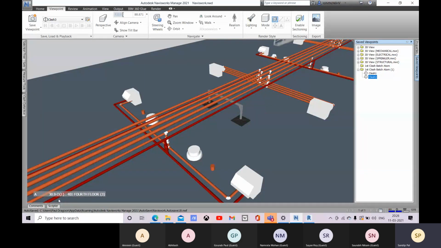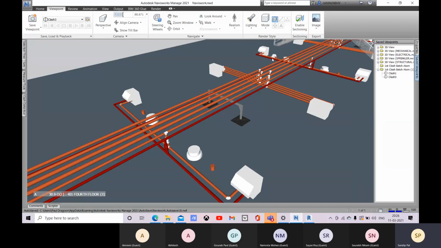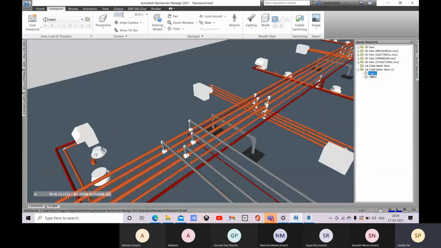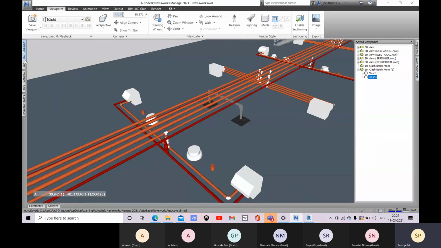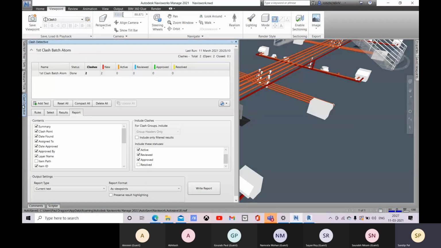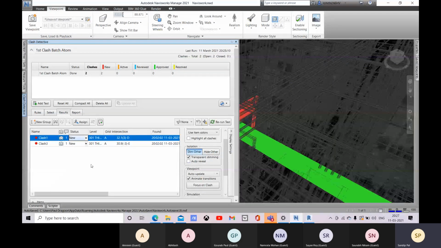So let me change its mode to wireframe. Okay, so just a minute, let me check there. Result, this is flash. So this is hiding other. Let me just go for this dim other, and let me rerun the test again.